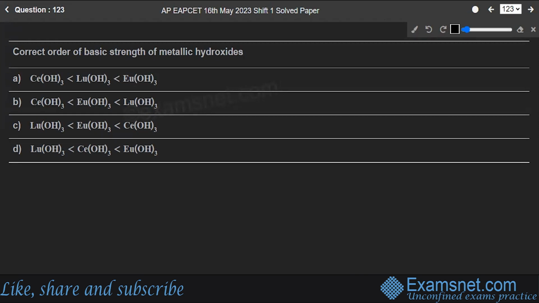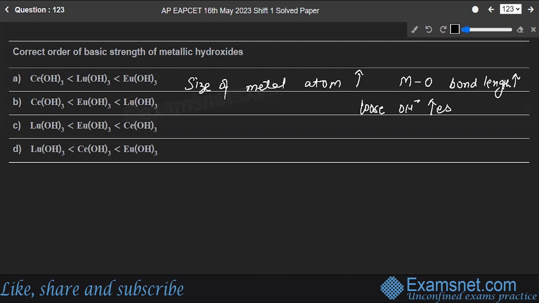Also, as the size of the metal atom increases, their metal-oxygen bond length also increases, and the tendency to lose the hydroxyl ion also increases, due to which the basicity also increases. Now, if I talk about these three metals, cerium, lutetium, and europium, you have lutetium, then europium, then